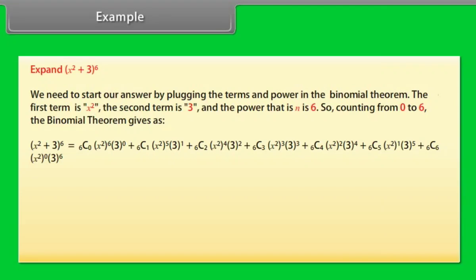raised to power 5 into 3^1 plus 6C2 into (x²)^4 into 3^2 plus 6C3 into (x²)^3 into 3^3 plus 6C4 into (x²)^2 into 3^4 plus 6C5 into (x²)^1 into 3^5 plus 6C6 into (x²)^0 into 3^6. After simplification, we get